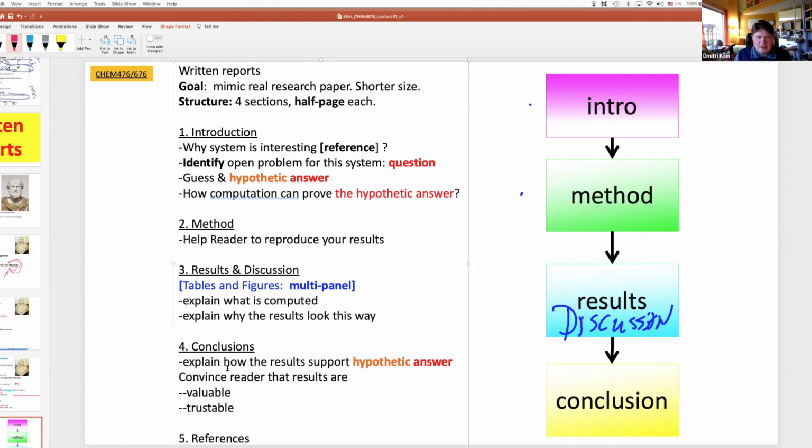And in conclusions, it is a really great step if you refer to your hypothetical answer. So you make a logical step that based on the evidence provided in the results section, we can conclude that the hypothetical answer was correct. At the time when you write the introduction, you permit a chance that the evidence will be against your answer. But finally, when you prove it, you find, oh, okay, it's done. It's really as we hypothesized. And this looks like a little bit made up